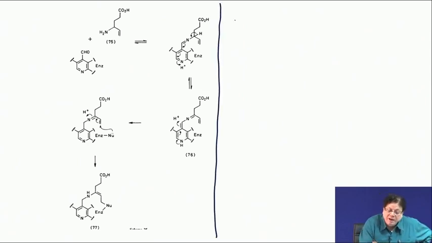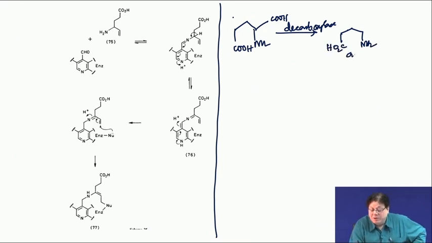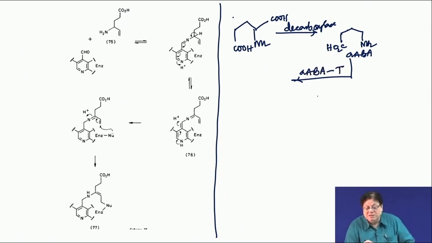So, again I write, you have glutamic acid like this, and that undergoes glutamate decarboxylase and you form the gamma aminobutyric acid. So, this is GABA, and then this GABA undergoes transamination by GABA-T. GABA-T means gamma aminobutyric acid transaminase.